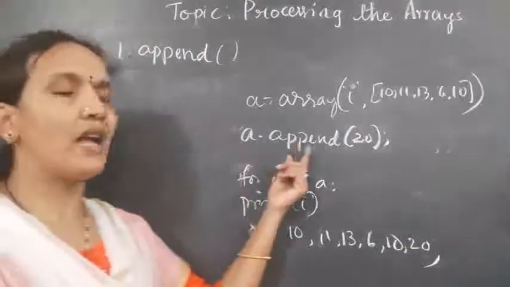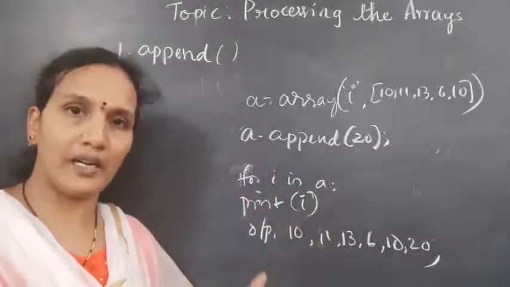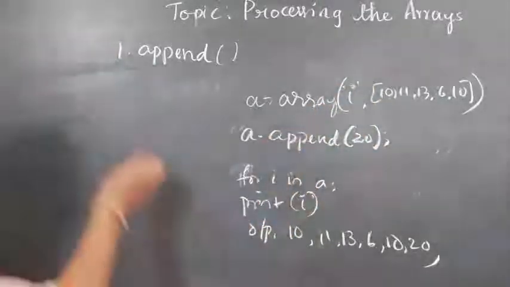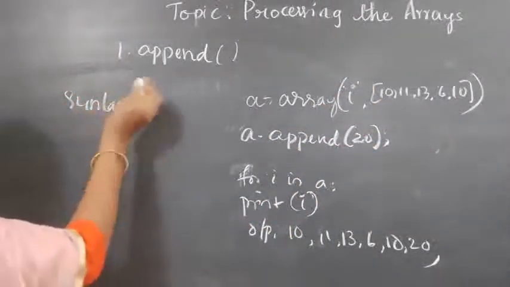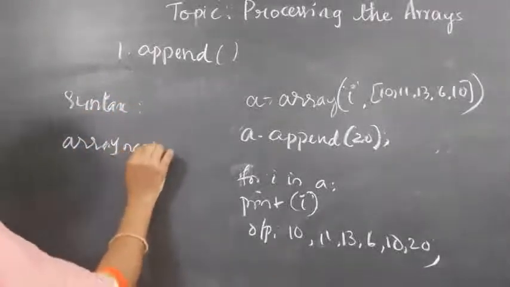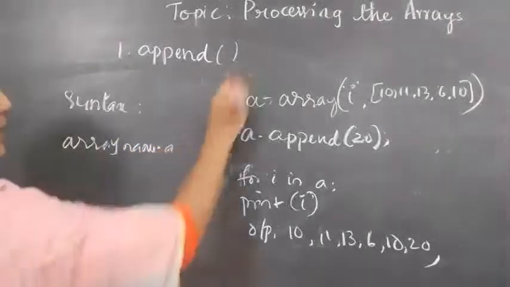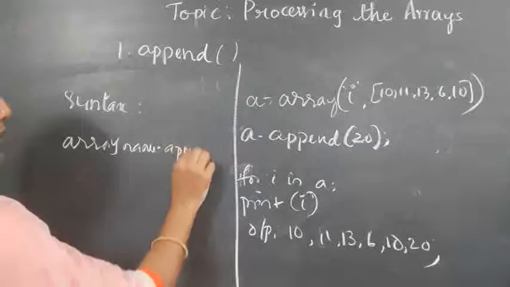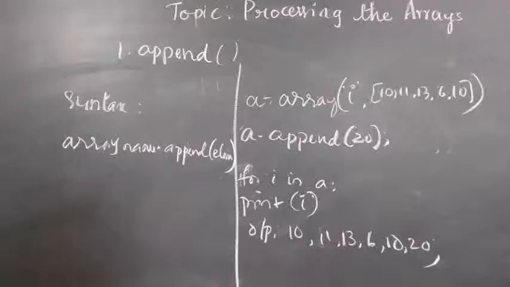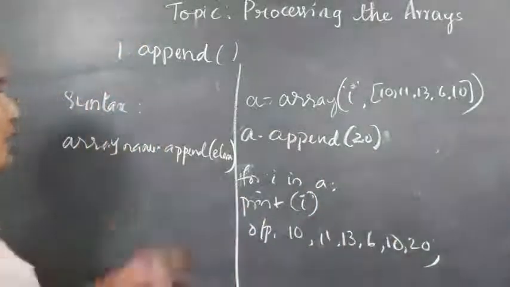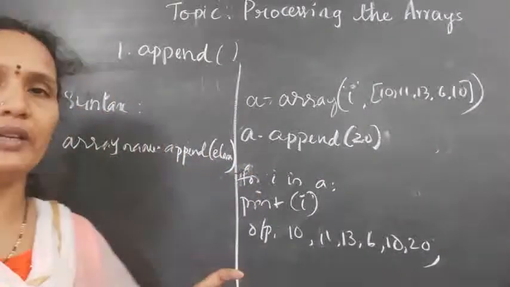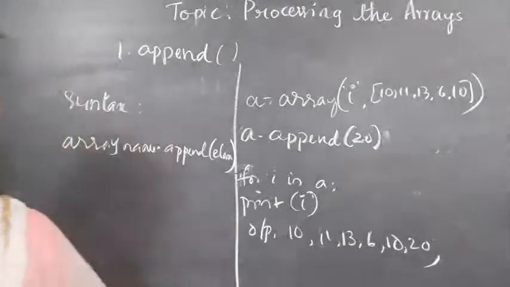Okay, so what is the use of the append method here? Append method is used to add new element at the end of the list or at the end of the array. So here the syntax is just array name, to which array you want to add, array name dot append method, append, and element which you want to add. Okay, so you write a syntax. Here no need to give the semicolon. This is the syntax and this is the example. What is the use of the append method? Append method is used to add element at the end of the array. Okay, right.